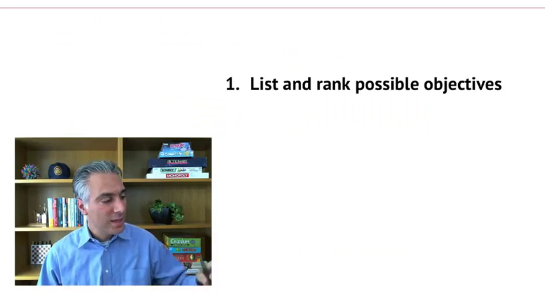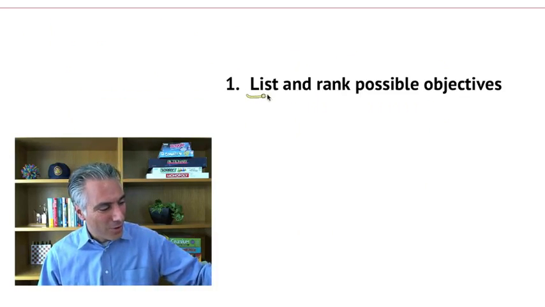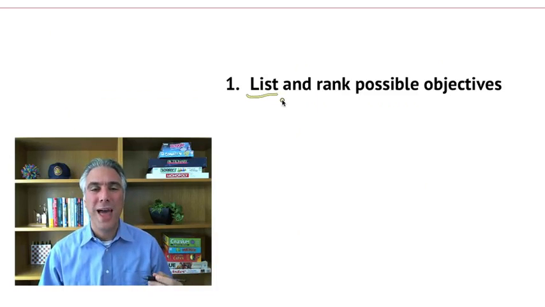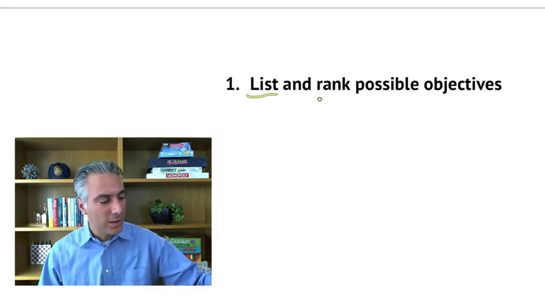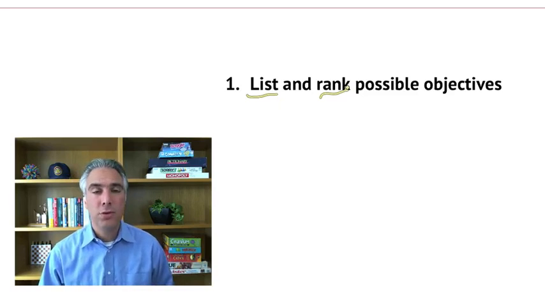The first is make a list. What are all the business goals or other goals that I want this gamified system to achieve? List everything you can think of and be as concrete and specific as possible. Next, rank the list. What's the number one most important goal? What's number two after that? Figure out the hierarchy of which is more important than others and think about trade-offs.